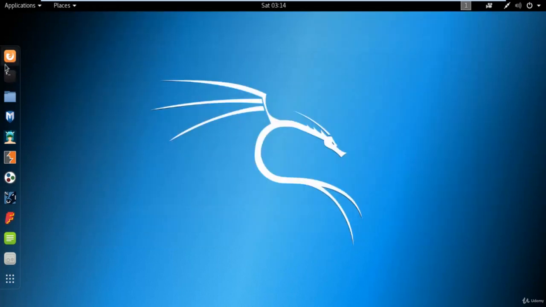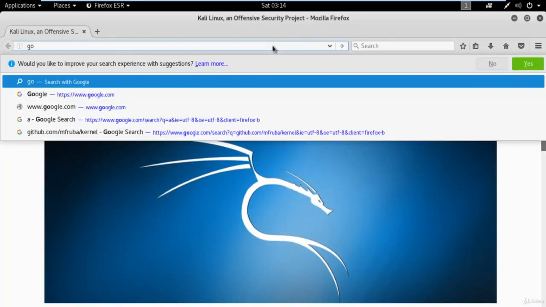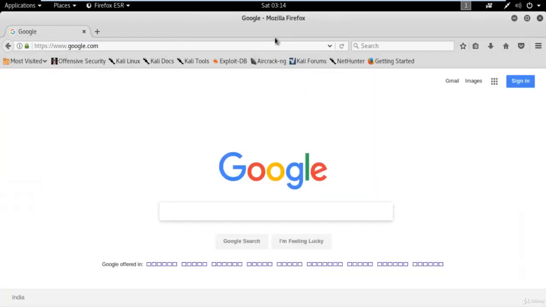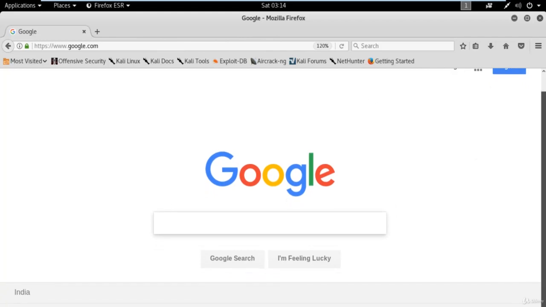Let me show you. First of all, open your browser, Firefox, and let's take a website. For example, we will work on a sample website. We will not attack any live website. It will be illegal if you try it on somebody else's website, right? So you can only try on your own website. Otherwise, you can try on a sample website.